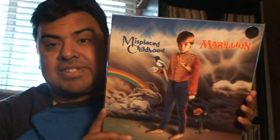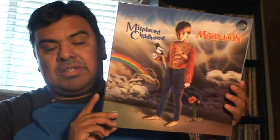And I was thinking, okay, 2015, that year would be the 30th anniversary of the album Misplaced Childhood. Well, for those of you who don't know, it would be the anniversary of this album right here, Misplaced Childhood. So in 2015, this album will be 30 years old. And since they always do something special for these shows, I would think they would probably play that album in its entirety. Who knows, maybe they could even get Fish to come in and sing all of side 1, or